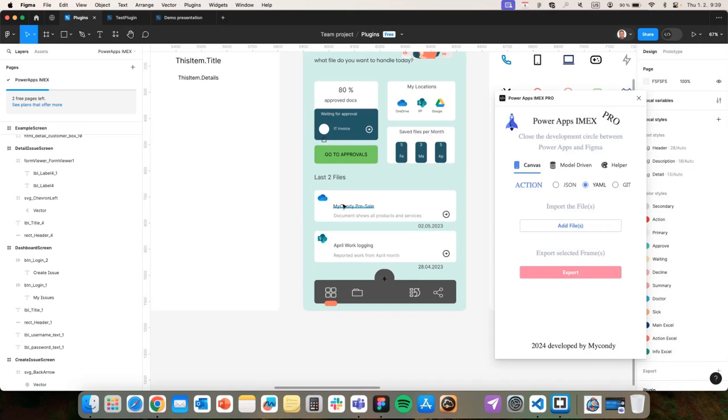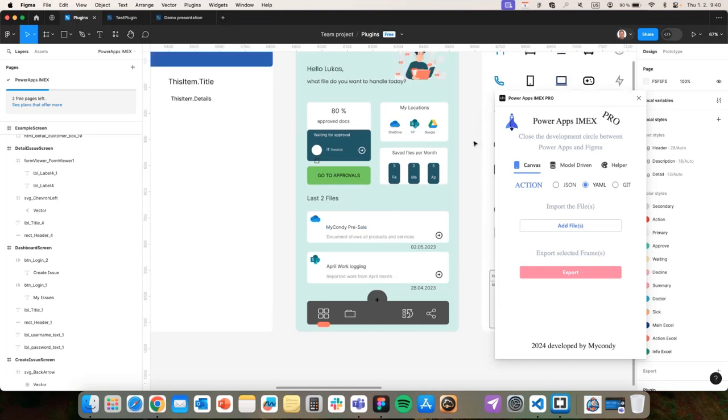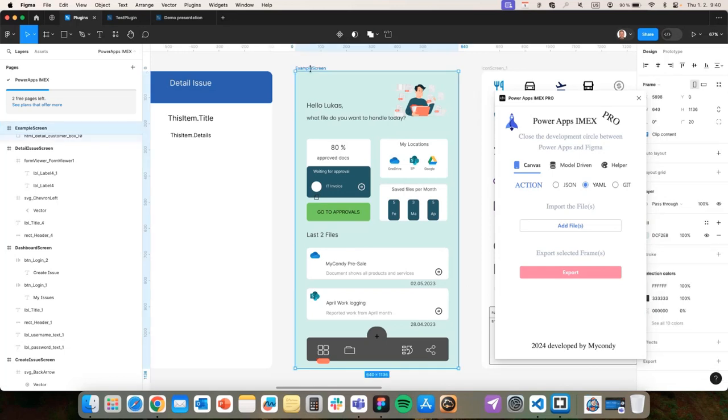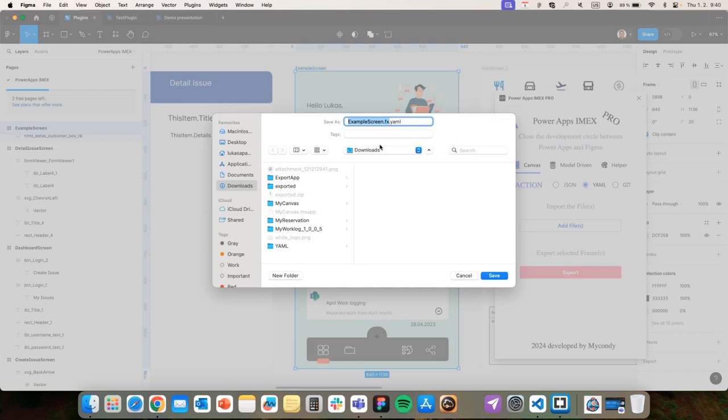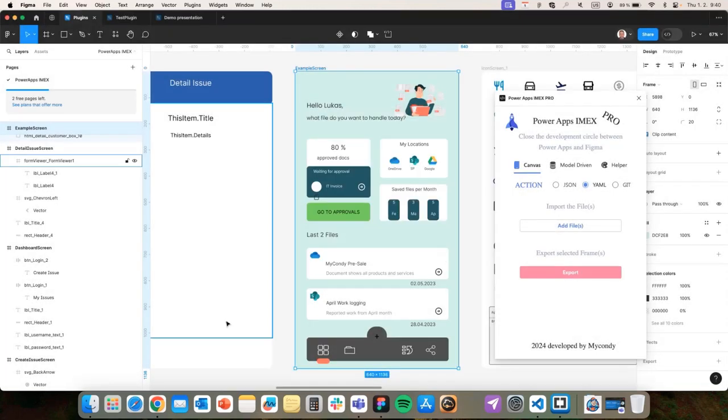You can see on the left side there are prefixes for every object there, which means that I can know that this button has the prefix btn, and the same could be for the button plus the board, and the same for the exporting, where I can just select the screen and just export to the YAML file, and it will be easily